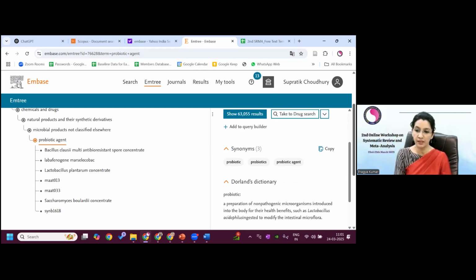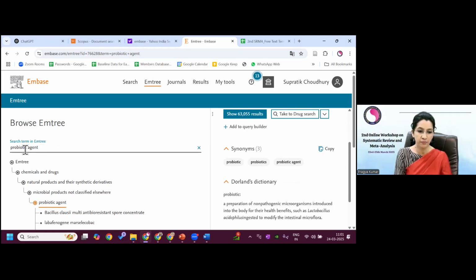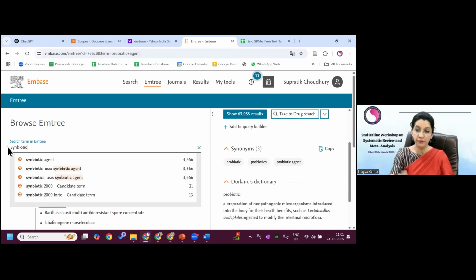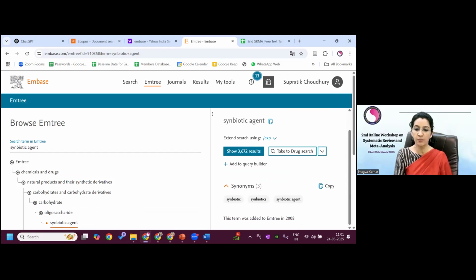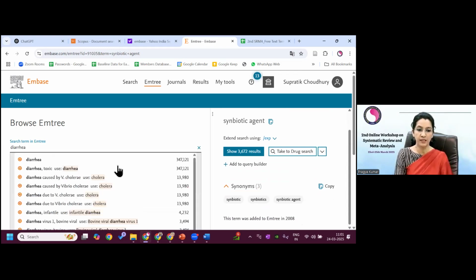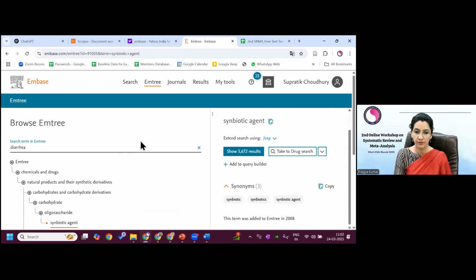Similarly, you can see the symbiotic also. Here I can type symbiotic. This I'm telling you for populating your concepts. Yesterday I told you about the free text terms, that you should have these many terms related to one concept. So if you press this symbiotic agent, you can see here also that there are synonyms symbiotic, symbiotics, and symbiotic agent. Similarly, if you write diarrhea, you can see diarrhea is again this much is there, and if you see the synonyms of diarrhea,